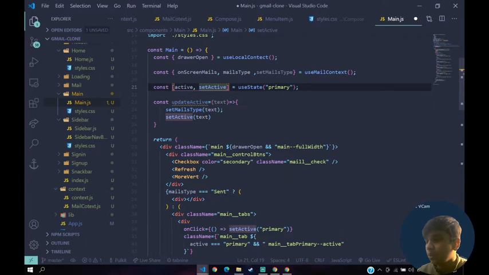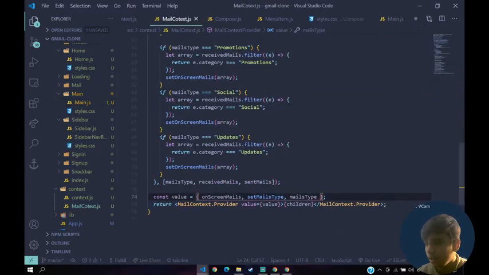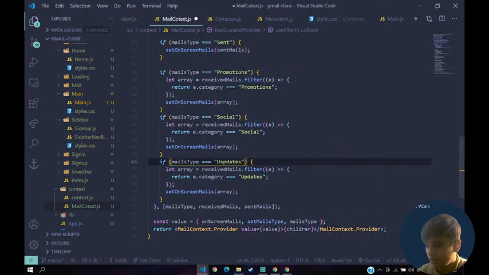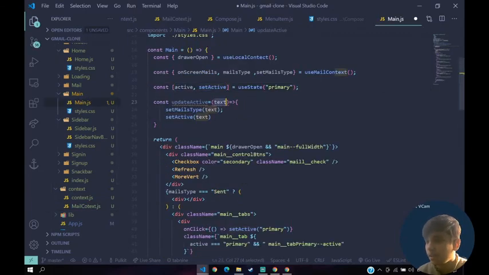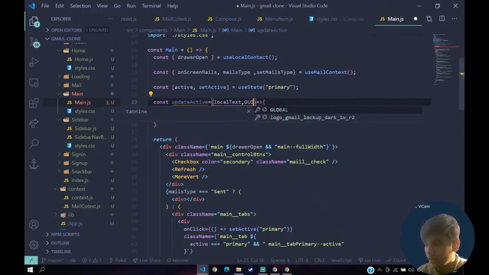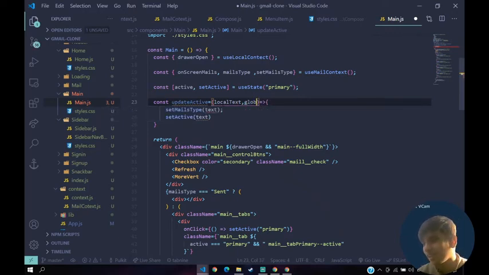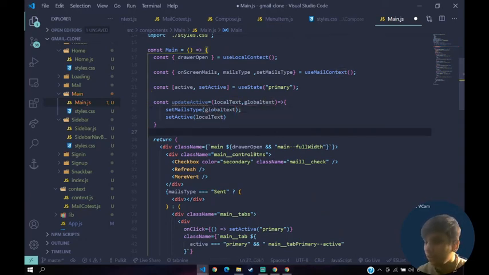So since both, let's go back to this app here and change this to small u, small s. Okay, let's leave it as it is. What I'll do is I'll go back here, local text, global text. I know these names are pretty weird, you can give the names according to you. Local text I'm going to use for the local state, and global text is going to set mails type globally, for all of the states.